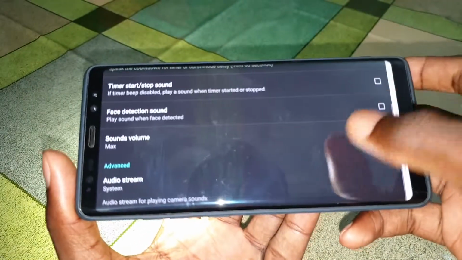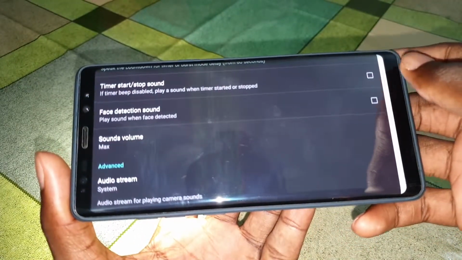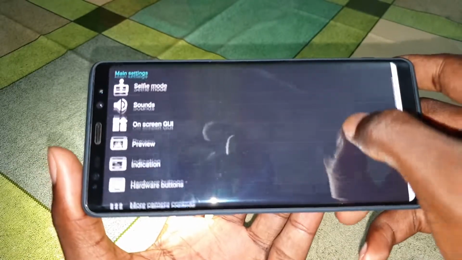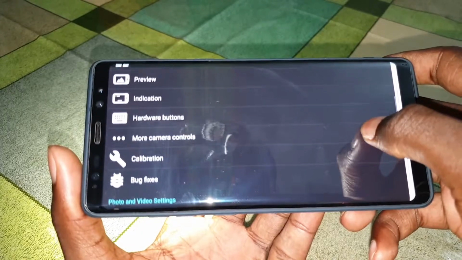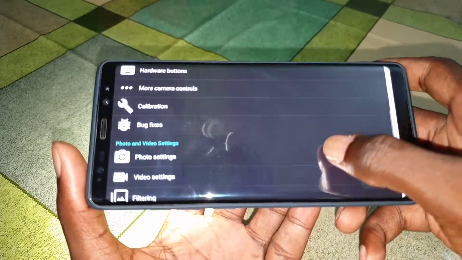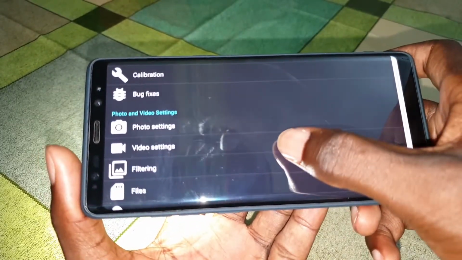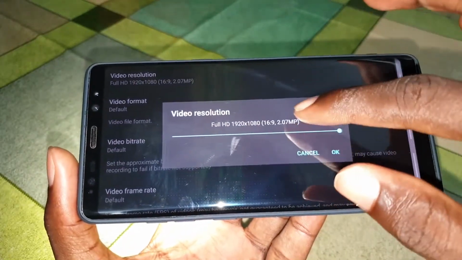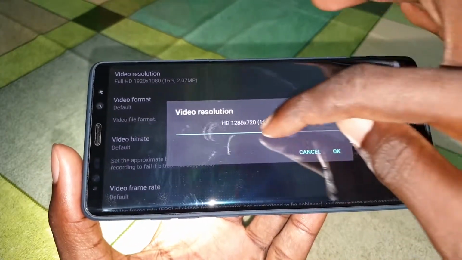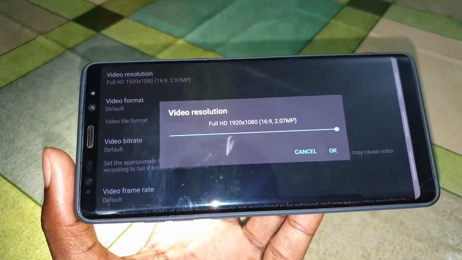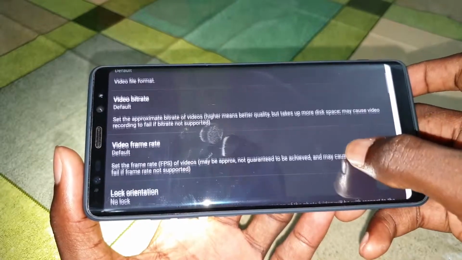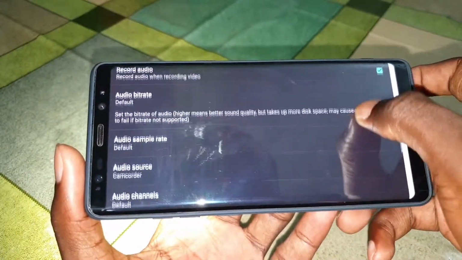You can configure all of this. Max sound and others. Wow, what else? You can see video settings. All of our settings are here. You can do this and do this. Wow, this is great. You can see more features.